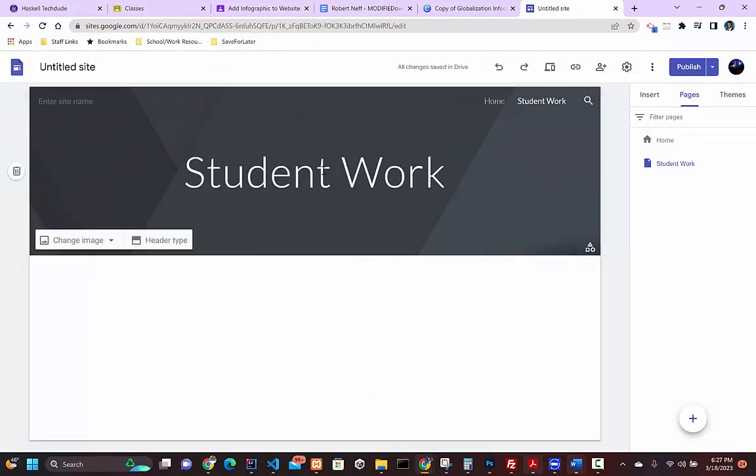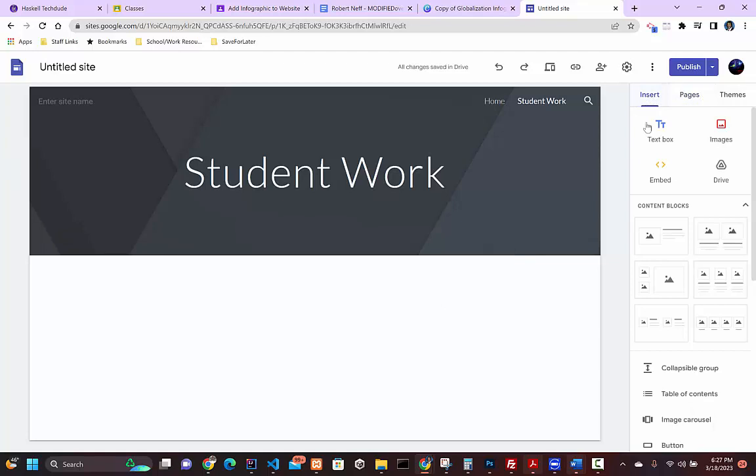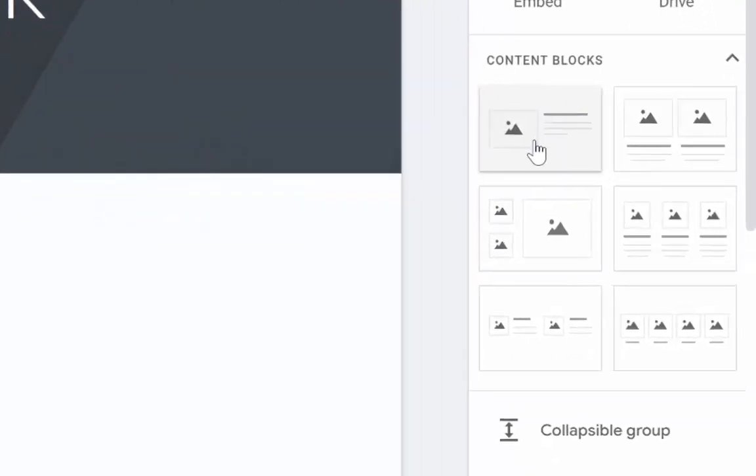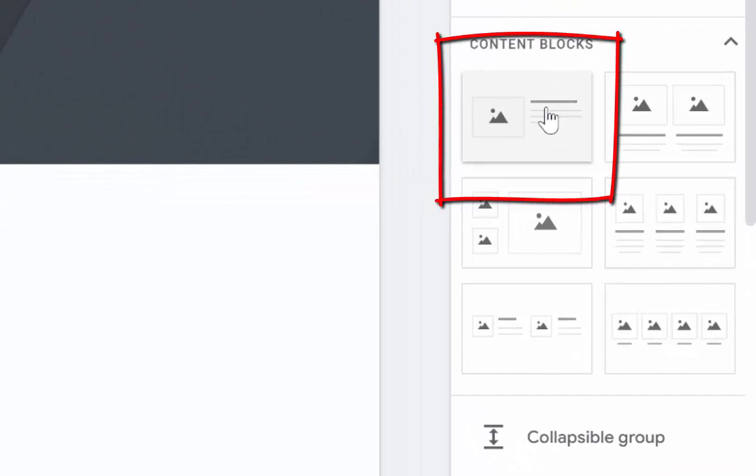So here's my site, and on your student work page, you will post your infographic. If this is your first site and you're just creating it, don't worry about creating a student work page. You can just post this on the home page. To do this, I'll go back over here to where it says Insert. There's a couple of ways that you can do this, but the easiest way is to choose this first content